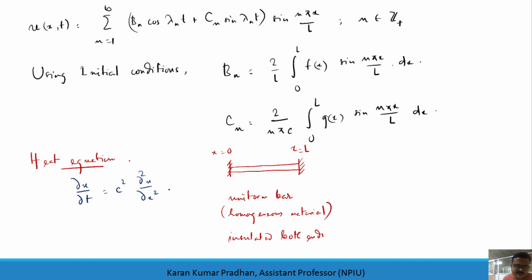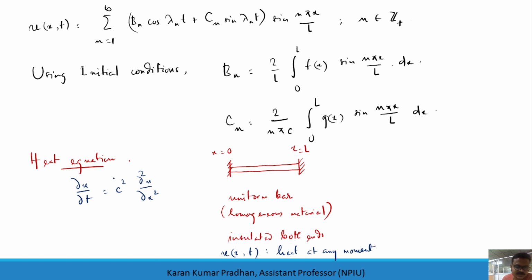If I extend this concept to a rectangular plate, that means instead of a finite bar I consider a rectangular plate and find the heat flow through it, that will be the Laplace equation, which is related to steady heat flow. Here this part will change, the rate of change of temperature with respect to time. This u gives the heat flow. As in the previous case we were finding the deflection along the string, here this gives the heat, or the temperature, at any moment.